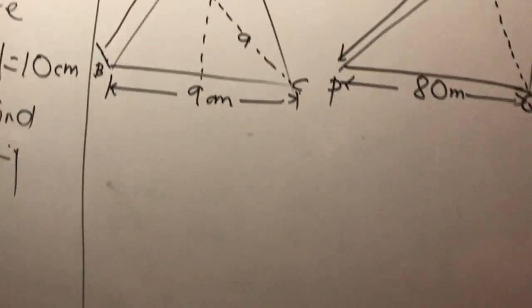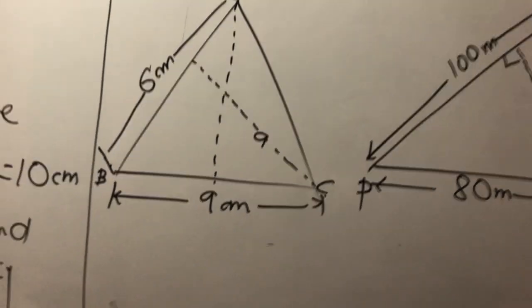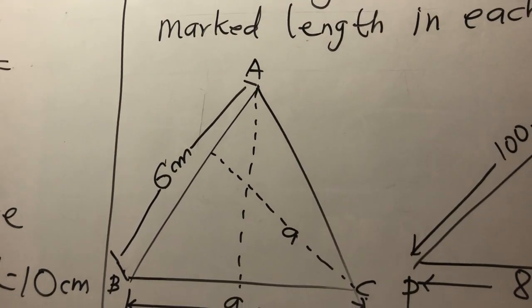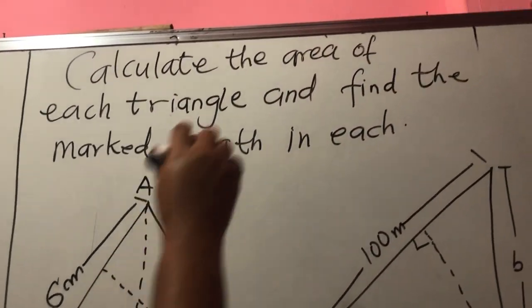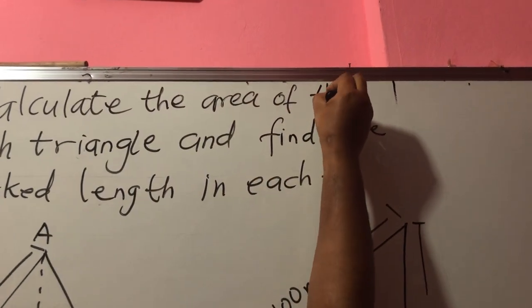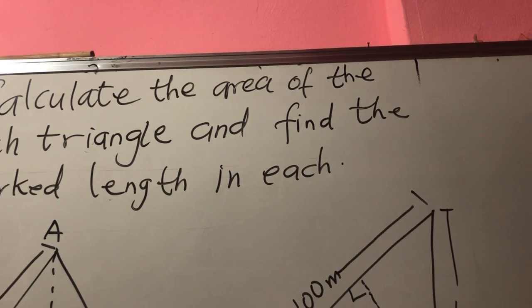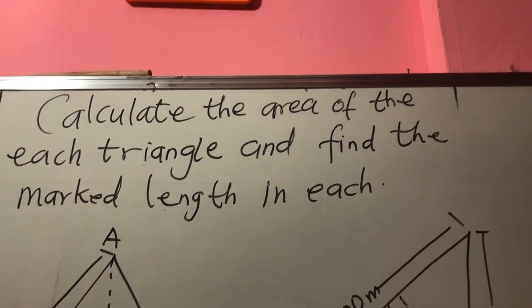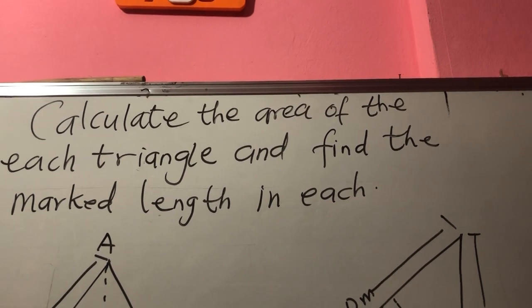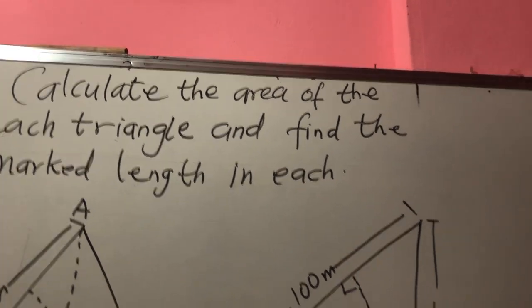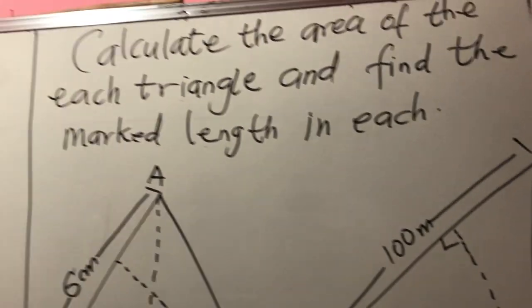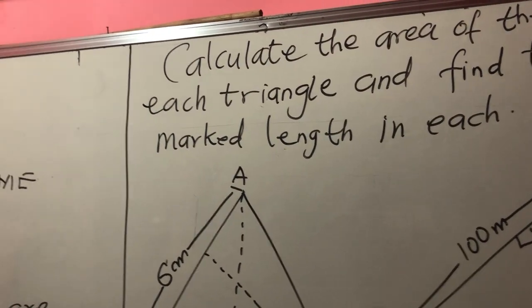Now, let's calculate the area of each triangle, and find the marked length in each. So which one are we finding? We are finding the marked length, which is A. And this one we are finding what? B. People, we are not finding